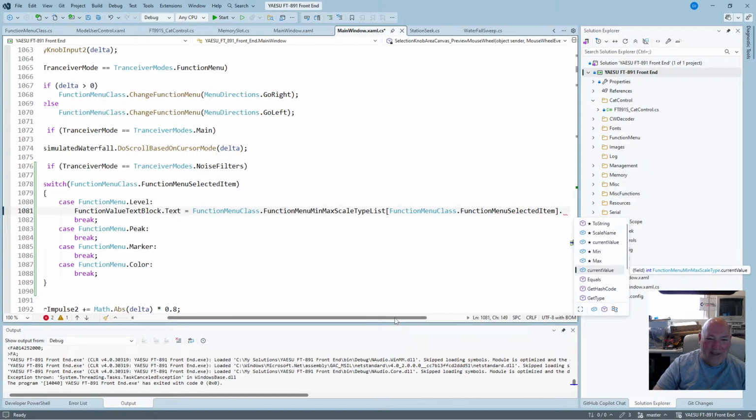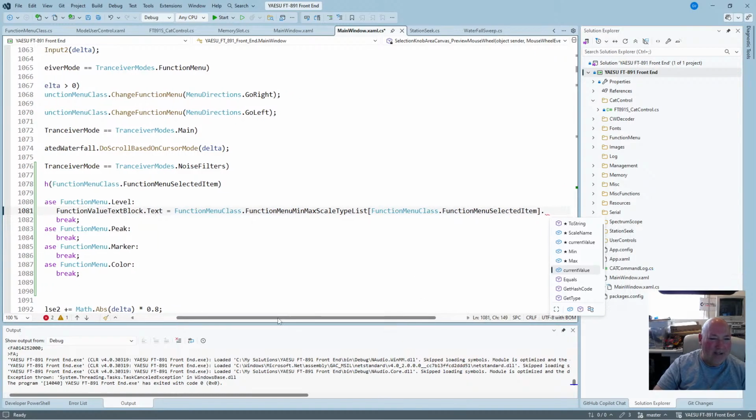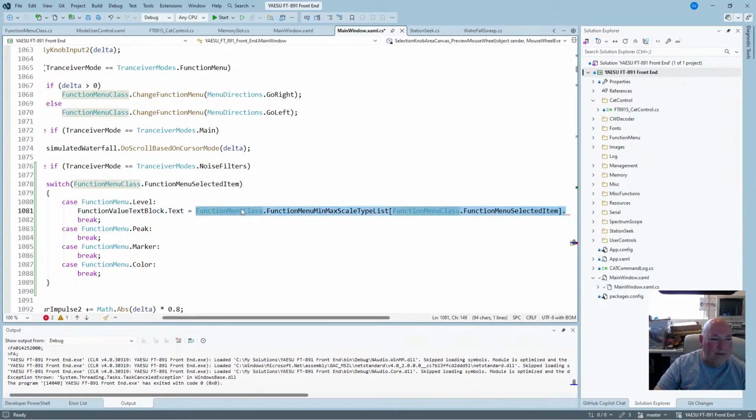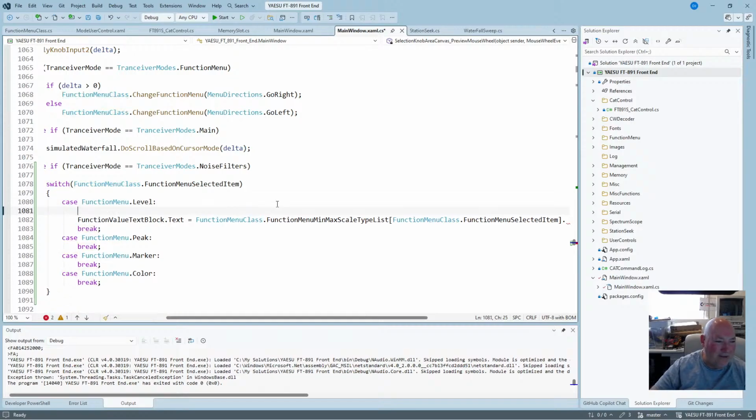Yeah, so I'm just going to get this little thing to change. As soon as I alter the level, I want it to hang on. So let's create a level. We know the level is an int, so I'm going to do an int level equals that one, and we'll call it current value. So we get the current value,